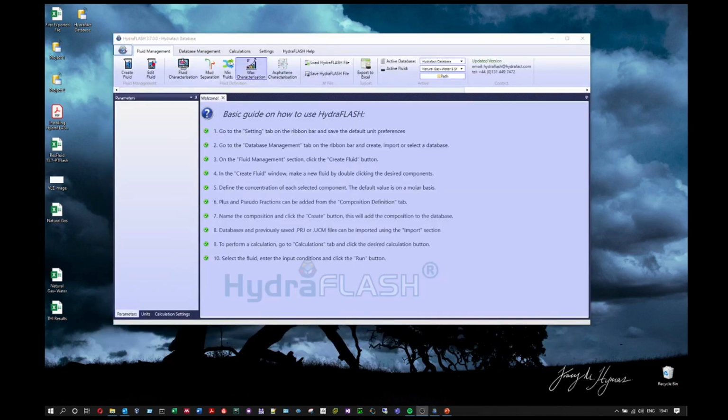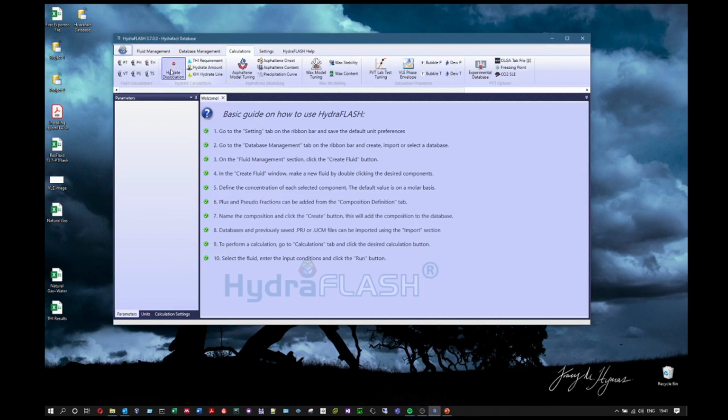Now we talked about the hydrate dissociation predictions, the amount of THI you need to use to prevent hydrate formation. Now it's time to have a look at the KHI line calculation. KHI stands for kinetic hydrate inhibitors. If you want more information about the KHIs and how you can use them to inhibit